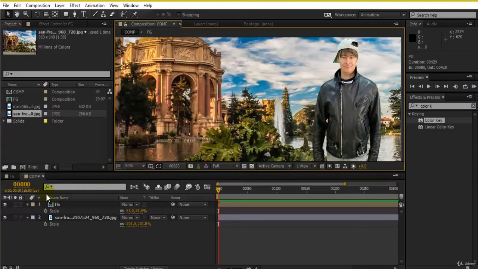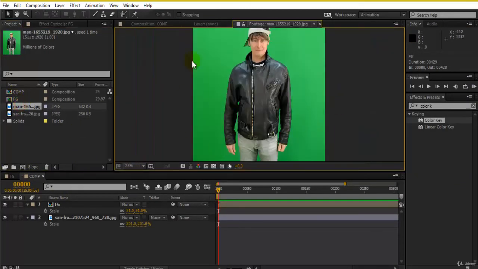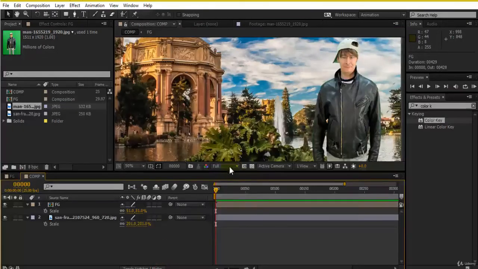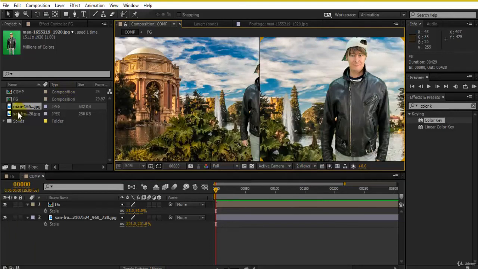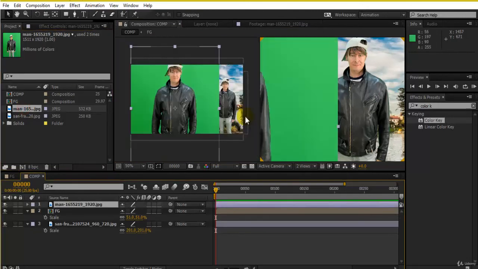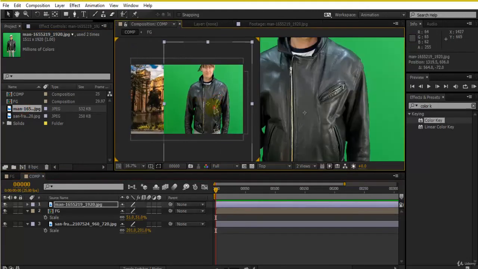As you can see, it was on a green background. If you see the original man over here, which is this, if I go for 2 view horizontal over here, this is what we had actually.